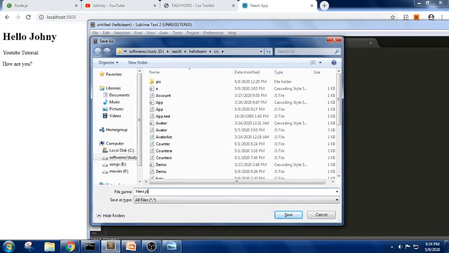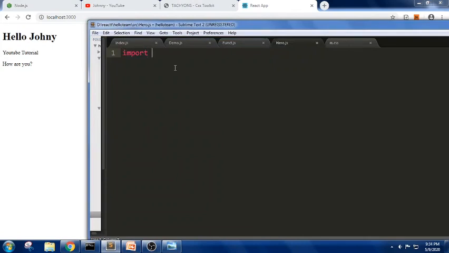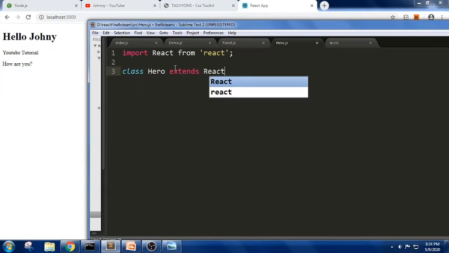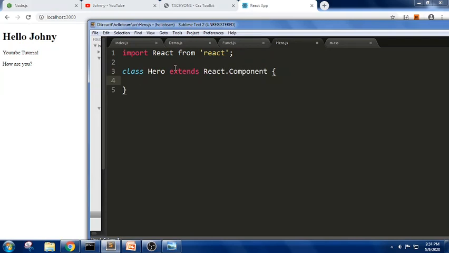In this hero.js I am trying to import the React library, as we know we should always import it before using it, and in this we are trying to use a class component, React.Component, in order to inherit all this. In a class component we always use render followed by return, and I'm trying to write Johnny here.